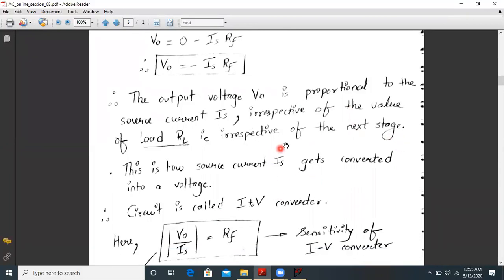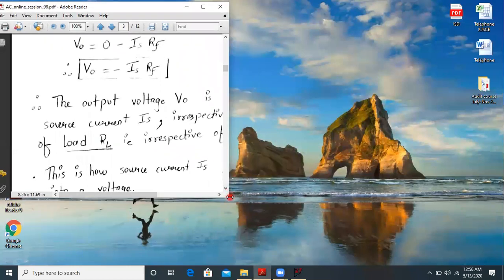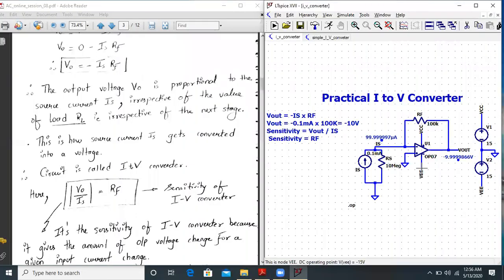So this source current Is over here, let me just keep this screen like this and keep the LT Spice window also open. Okay, now this is better. We have the circuit on the right hand side in LT Spice, and on the left hand side we have the relevant theory.